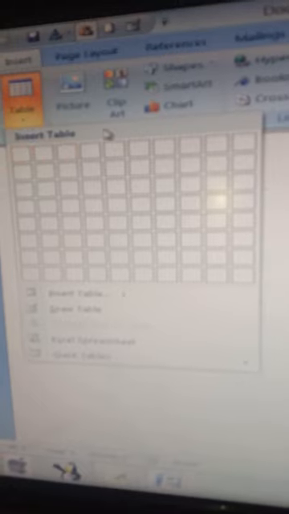In the table group, we just have to bring the cursor in the table group and left click over here. As soon as you left click, look, the first option for inserting the table is that different types of boxes are available. Now we have to select these boxes. You can select as many rows and columns as you want. Suppose I have selected this much row and column. Look in the background, that many rows and columns have appeared.